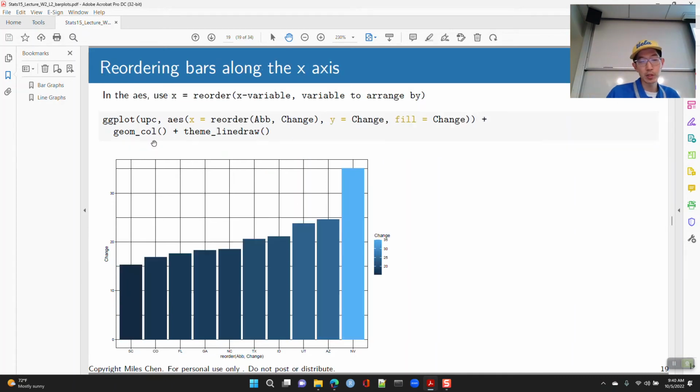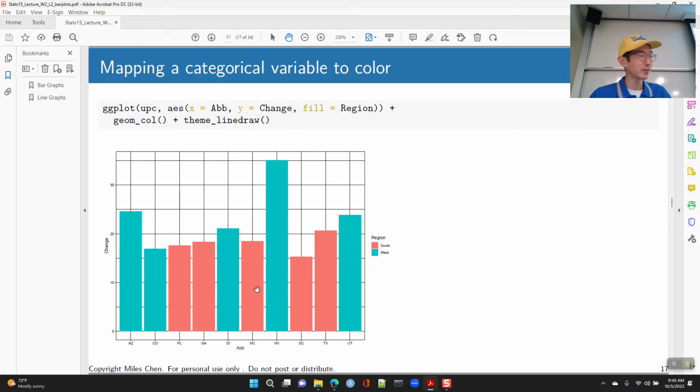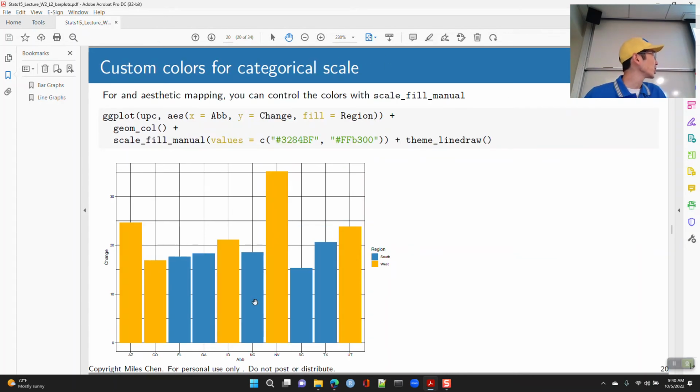So the default is these two colors, red and blue-ish. And here you can say, I want to control the fill. And so I can do scale fill manual, and the two values I want to use,